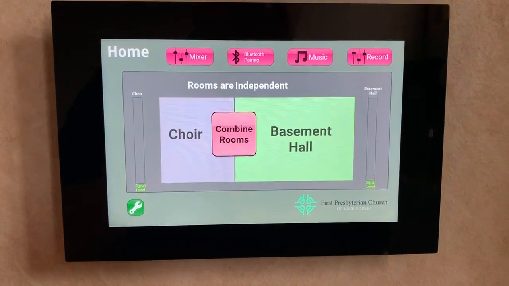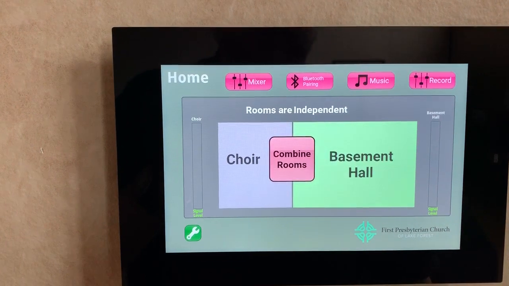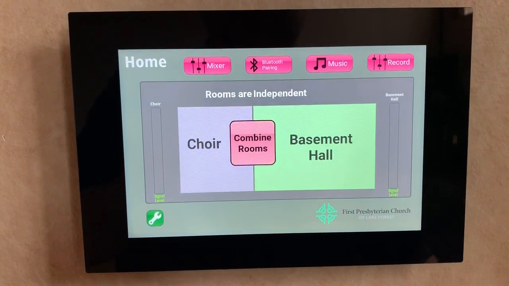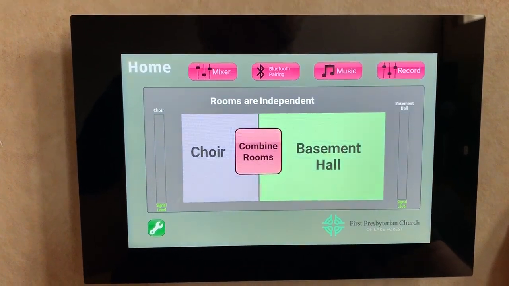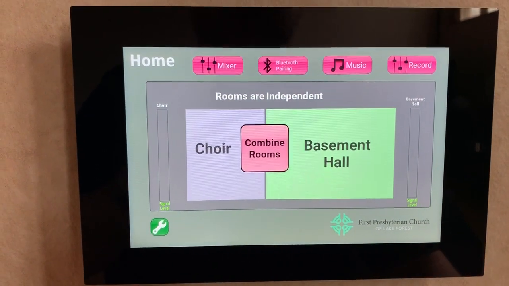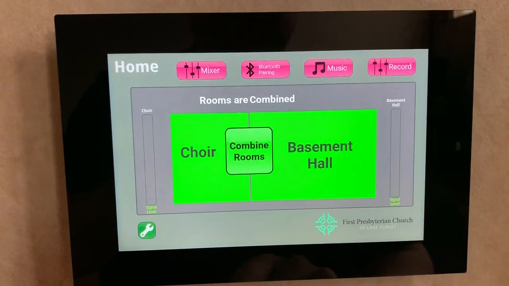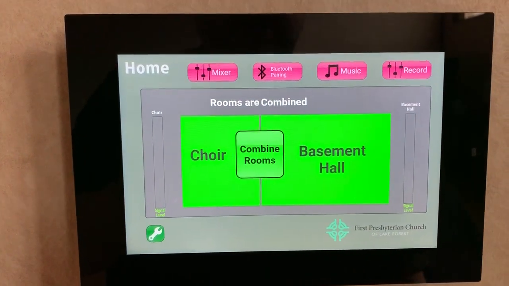I'm going to give you a quick rundown of the functions of the choir system in the basement now that we have the touch panel installed. So here is the home page. On the home page, you'll see that there is a big button that says Combine Rooms. This allows you to combine or keep the rooms independent. So it's as simple as touching that button, and it'll also show you an indication on each page what state